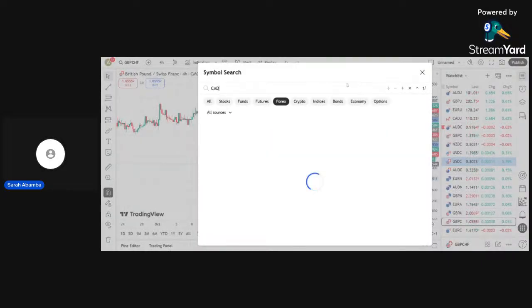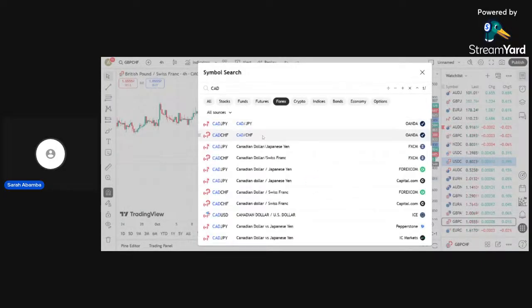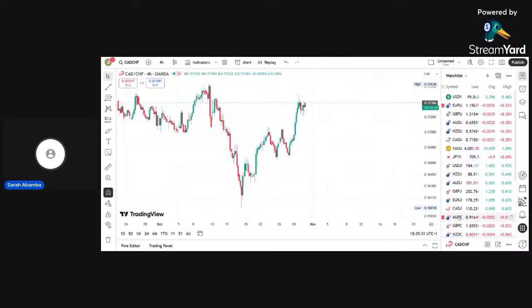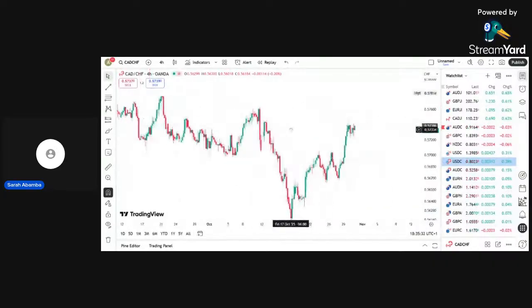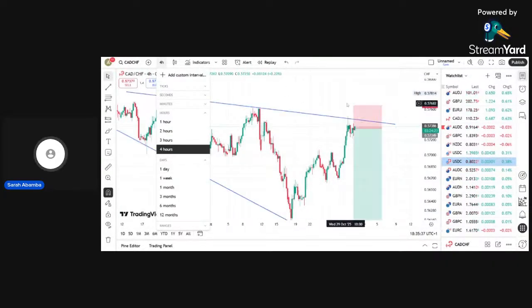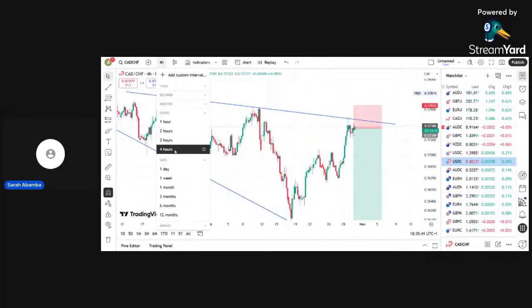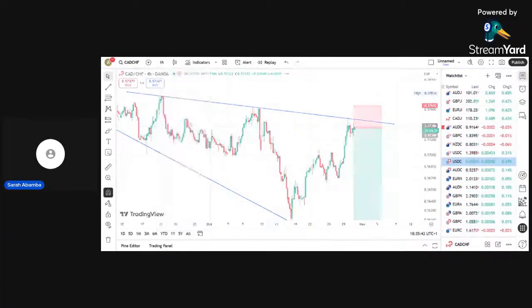So let's go back to it again. Is this what we marked now, right? Did I add it to my pair? Okay, I didn't add it. I just used it for example. I think we have passed though. Have we passed? Okay, we are here. So for instance, for this trade, I'll go to a lower time frame like